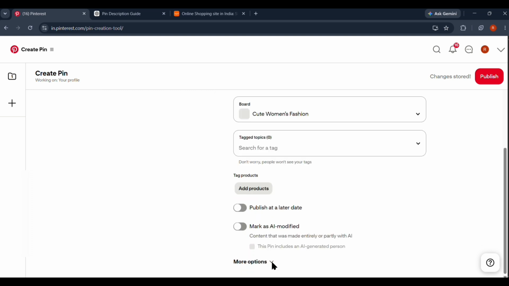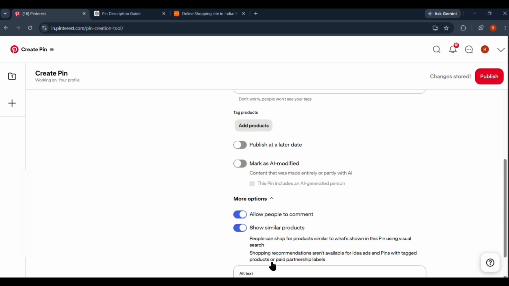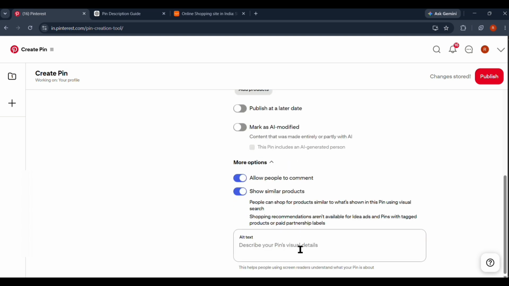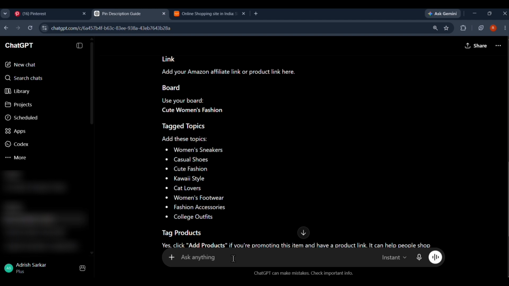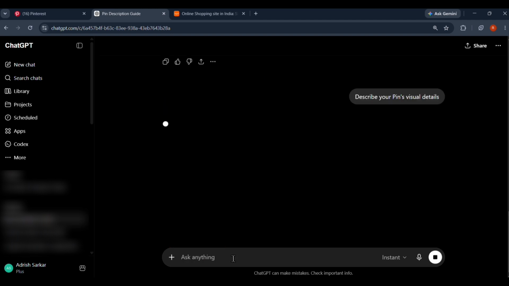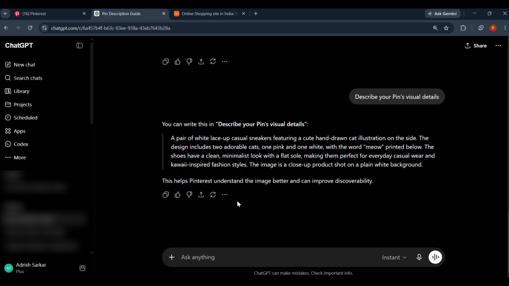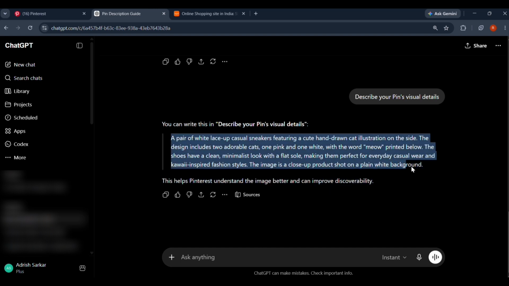And then just click on more options and copy the description of your pin's visual and paste it in ChatGPT. ChatGPT will give you a perfect description for your pin. Then copy it